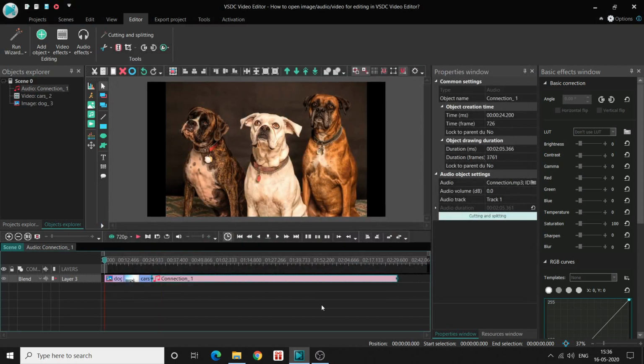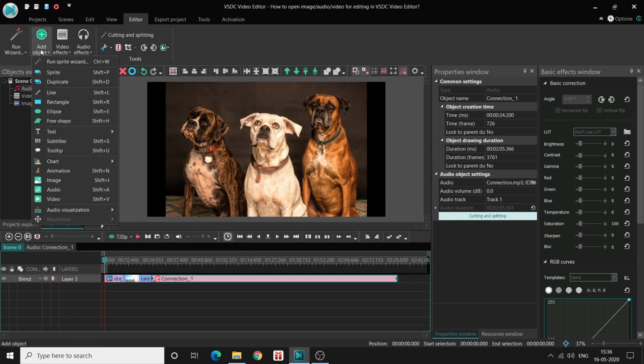As you can see, these are some of the things you can do in the editor, but the main thing I was addressing in this video is how to import an image, audio and video. You can do that using the Add Object option right here in the top left hand side.